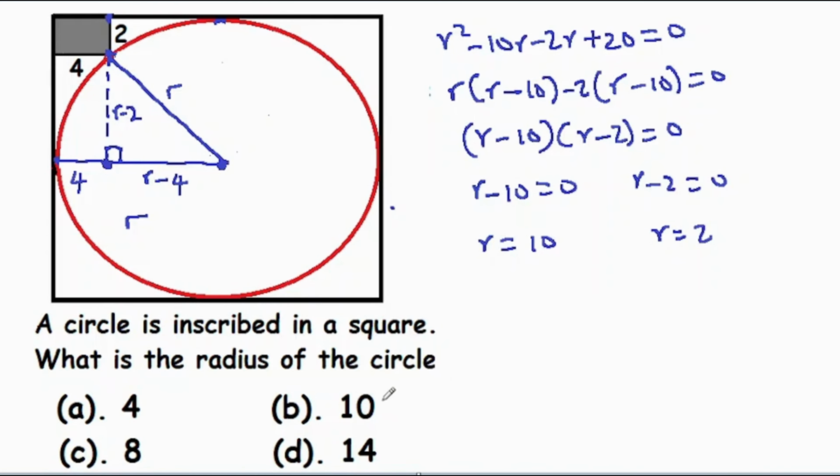Okay, alright, we have 10 in the option. Wow, we are correct. But how is 2 not an answer? Okay, 2 is not an answer because if we substitute 2 into r negative 4 here, that's going to give us 2 negative 4, and that's going to be negative 2. So we aren't going to get negative 2 as the length of this triangle. So our final